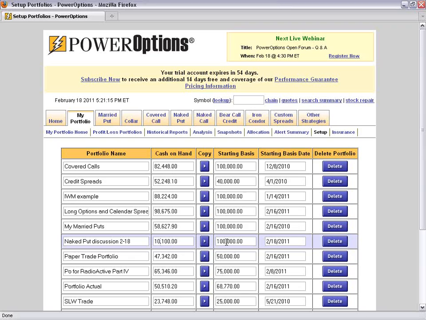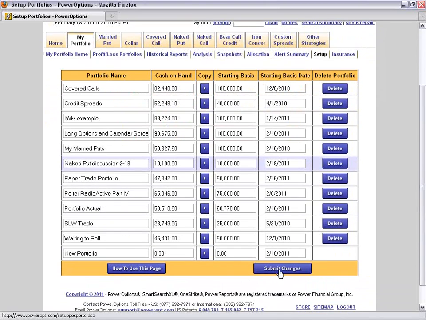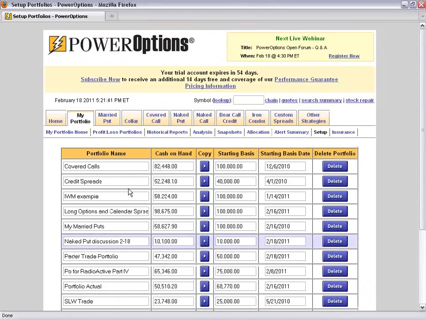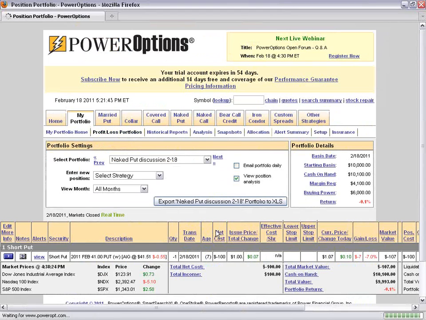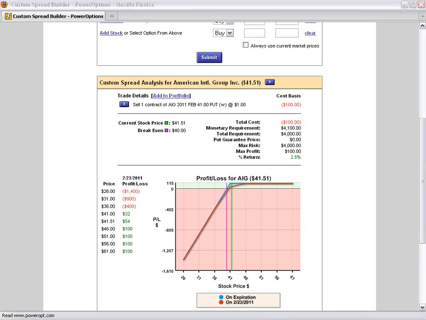because I haven't taken cash out yet. I do have a margin requirement, but I haven't taken cash out yet. We're going to put our starting basis at $10,000 as well. This is just so we can see the numbers a little bit more easily. And then we'll go ahead and hit Submit Changes. All right, let's go back to our profit and loss portfolio. All right, so I entered in this naked put. Now let's go back to our custom spread tool to continue our discussion here and also to add in a